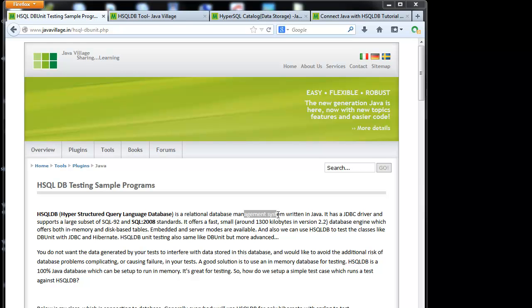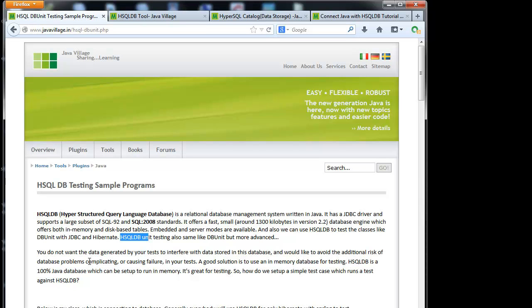Here we have different memory systems: in-memory and disk-based tables. So basically we can use HSQL DB for database testing. If you have a doubt, HSQL DB unit testing is also the same as DBUnit but more advanced.